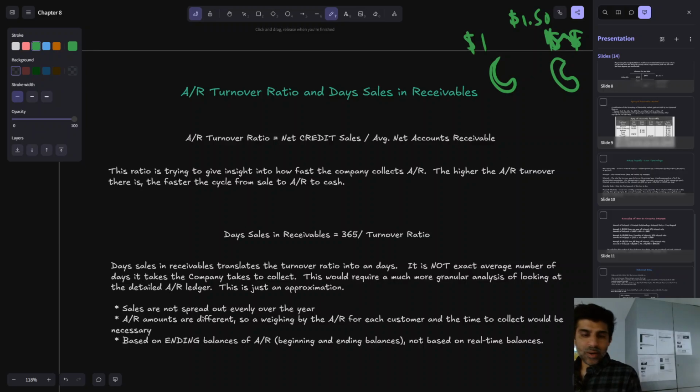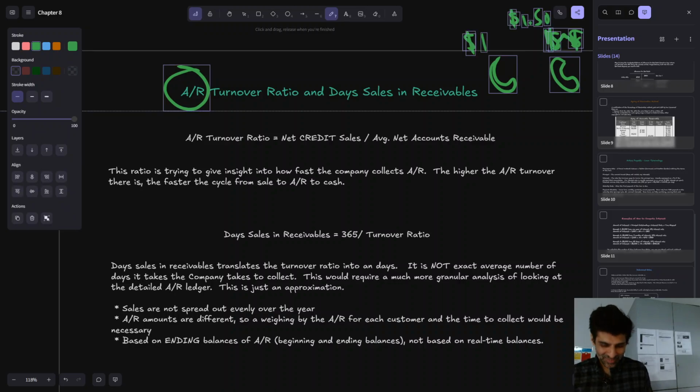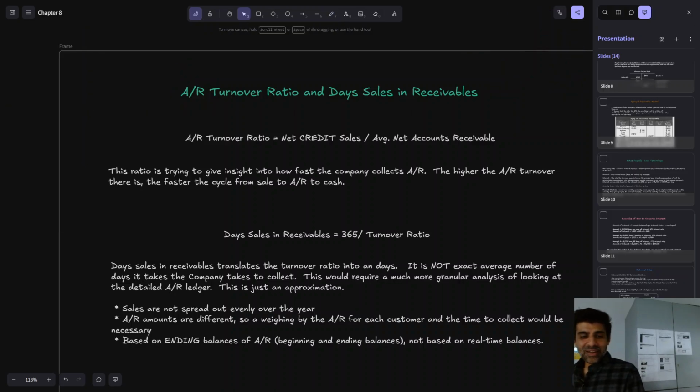Okay. Sorry, we already covered this. This is the accounts receivable turnover ratio, so this is a different thing. Sorry. Let's redo this. Okay, so this is really measuring